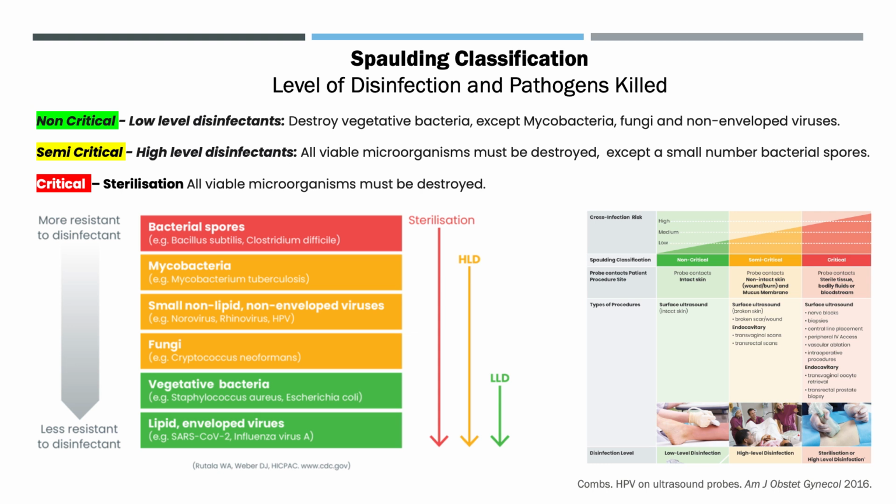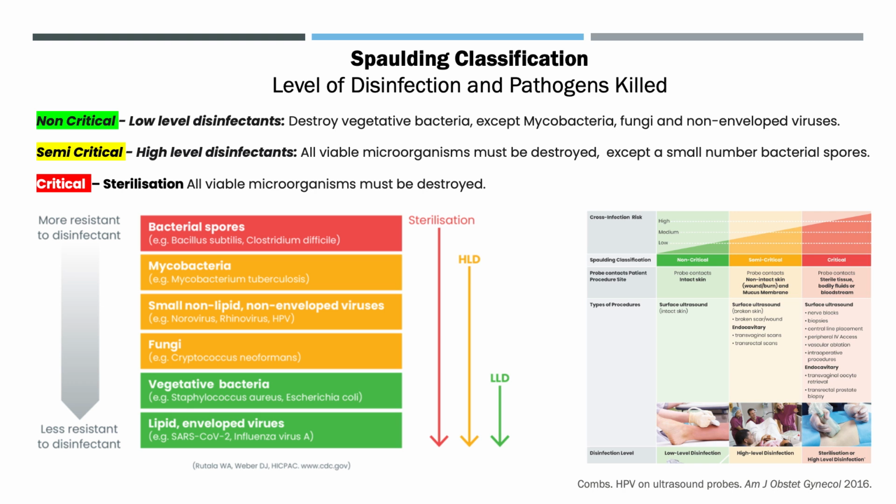If you look at the pathogens which are listed on the left, at the top are the ones most resistant to disinfection. At the bottom are the ones easiest to disinfect. You can see that sterilization is used in an absolute sense. It means complete elimination of all microbial growth. Low-level disinfection, in the green arrow on the right, includes enveloped viruses. That, by the way, includes SARS-CoV-2, the cause of COVID-19, influenza A virus, and vegetative bacteria such as Staphylococcus aureus